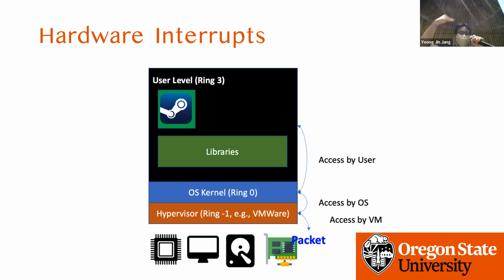But now there's one more layer, so it goes to the virtual machine, then to the operating system, and then to the user. Having one more layer means there's additional overhead on accessing the hardware. So to speed up hardware access for virtual machines, for example network devices, and performance-critical graphics cards for FPS games,